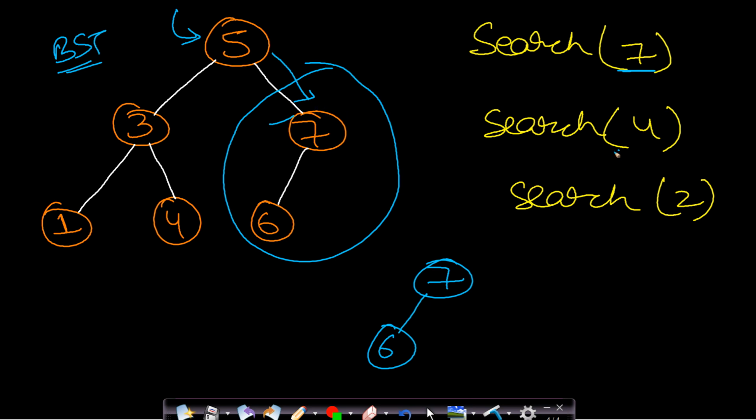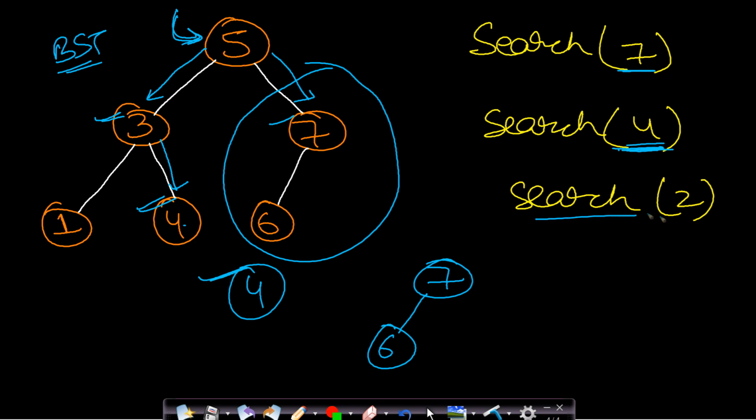Okay. Now let us search for the next key, which is 4. Now we will again start from this root node 5. This value 4 is actually less than 5. So if this key is present, then it must be present in the left subtree. So we will make a left call. Now we are at this 3. So 3 is basically less than this 4. So if 4 is present, then it must be present in the right subtree of this 3. So we will make a right call now. Now we are at this node 4. And you can see that they both are equal, and so we will return the pointer to 4. So there only one node will be returned because this node 4 is a leaf node.